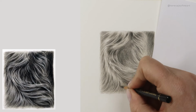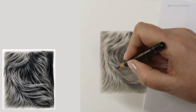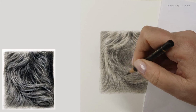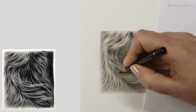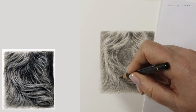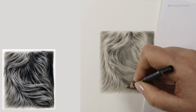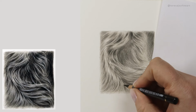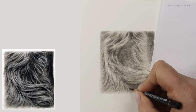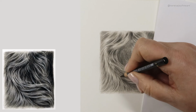Every time we put a layer down, it's smoothing out this surface, it's getting rid of the grain on the paper, it's getting rid of that tooth of the paper. I don't just want to come straight in really heavy-handed with the dark pencil and try and make this go dark as quickly as possible, because all I'll do is crush down the tooth of that paper. And once I've crushed the tooth of that paper down, there's not really much I'm going to be able to do. It'll take very few layers,